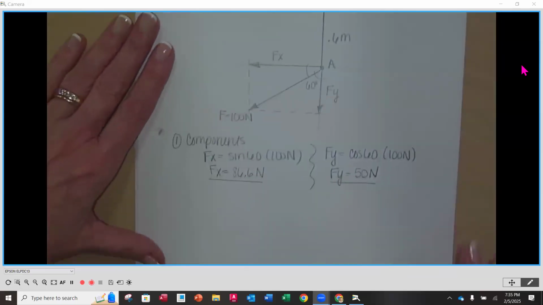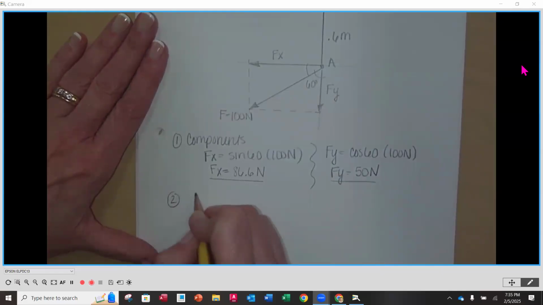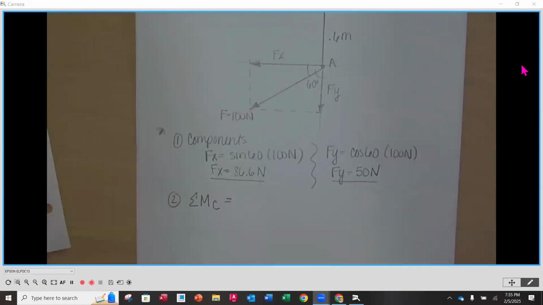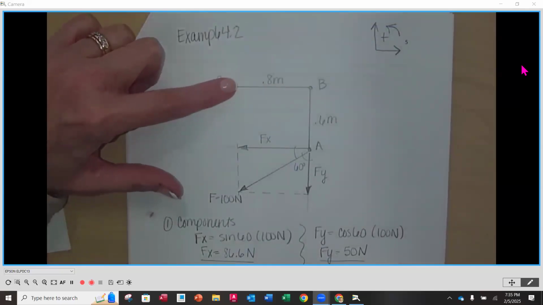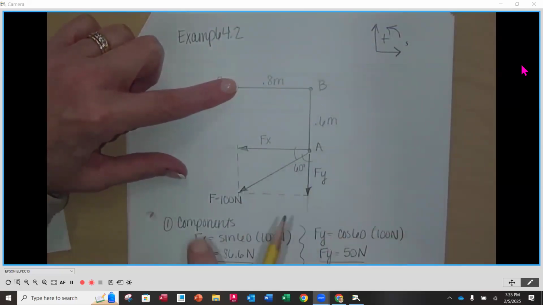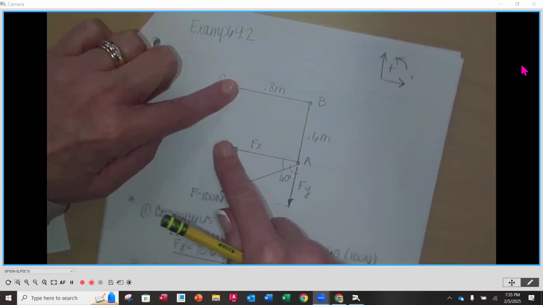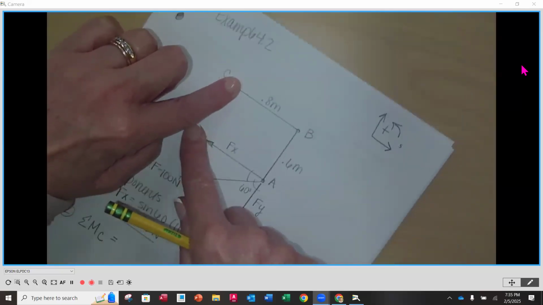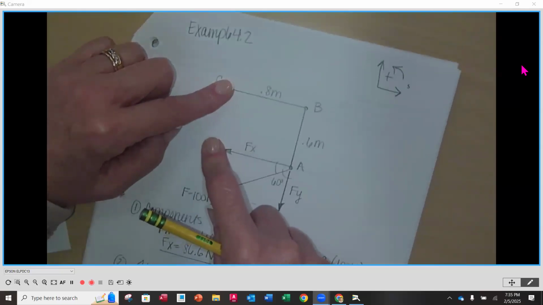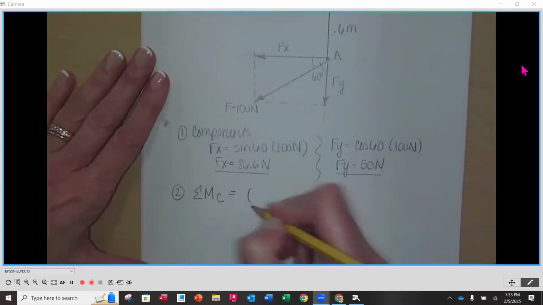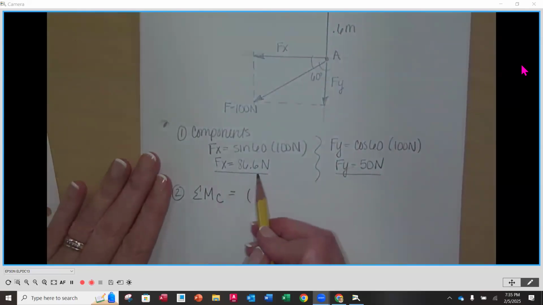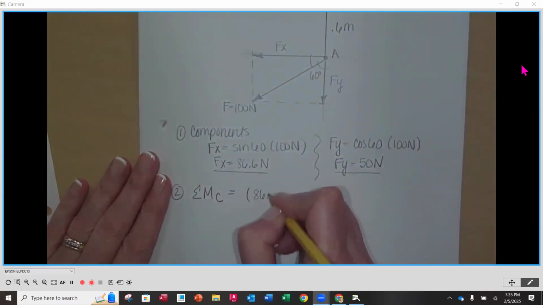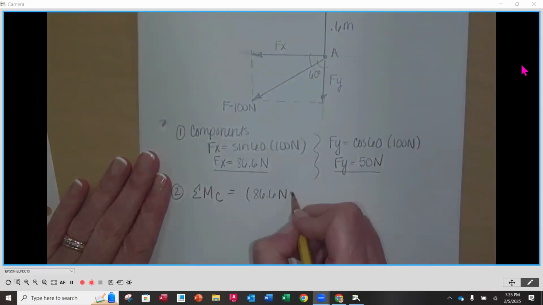We are going to sum our moments around point C. We're going to put our finger on C. We are not going to use the 100 newtons, but we are going to use the Fx. Does Fx cause a rotation? Yes, it does. So we start with a parentheses, and I'm going to leave a little space because we'll add our sign in just a minute. The magnitude of Fx, which is the force, is 86.6 newtons times